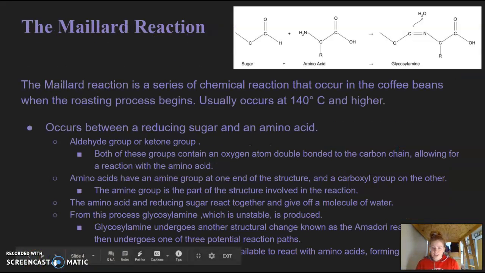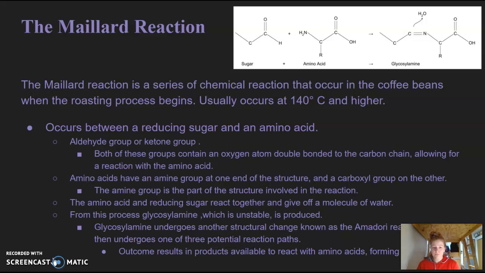The Maillard reaction. The Maillard reaction is a series of chemical reactions that occur in the coffee beans when the roasting process begins. This usually happens around 140 degrees Celsius and higher. And this reaction occurs between a reducing sugar and an amino acid. A reducing sugar is any sugar that contains an aldehyde group or a ketone group. Both of these groups contain an oxygen atom double bonded to the carbon atom, and this allows for the reaction